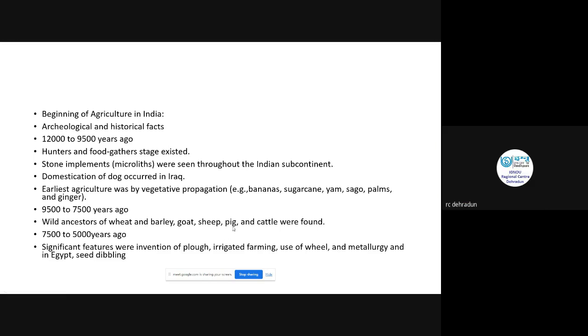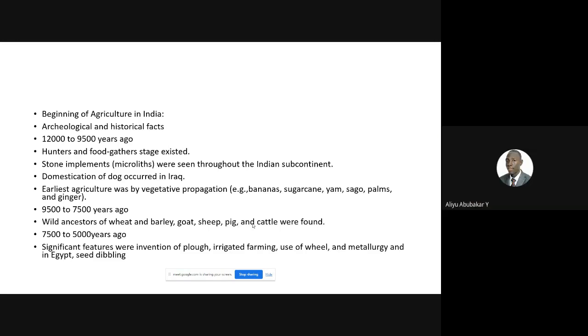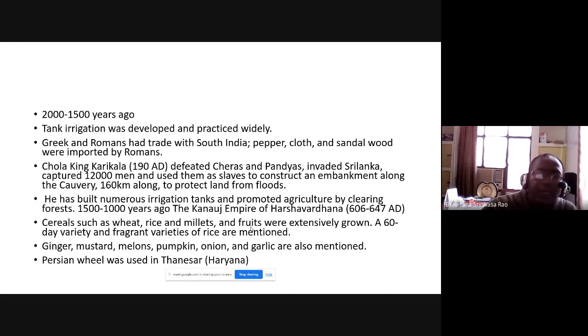In my presentation, from 9,500 to 7,500 years and 7,500 to 5,000 years ago, this process started, and there are several types of history. It spread from Maharashtra and different states of India. It started in Maharashtra and Madhya Pradesh, and different products started in eastern India. Rice, banana, and sugarcane were cultivated, and 2,000 to 1,500 years ago tank irrigation was developed